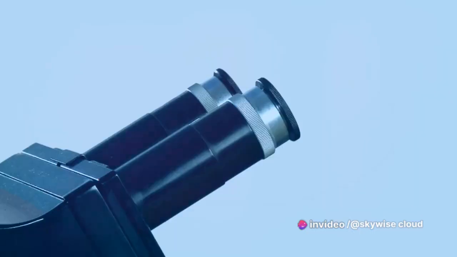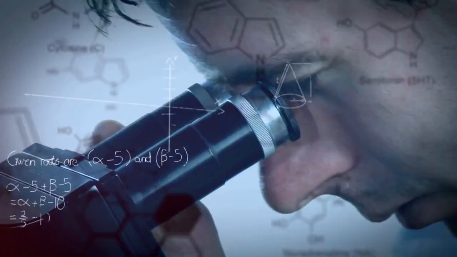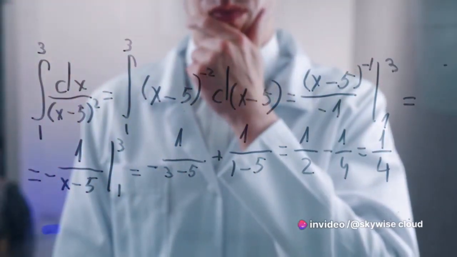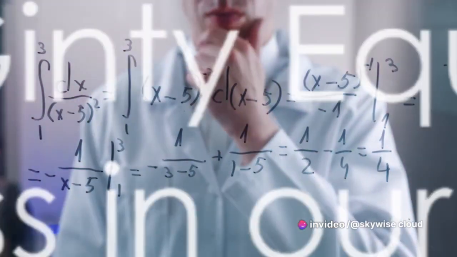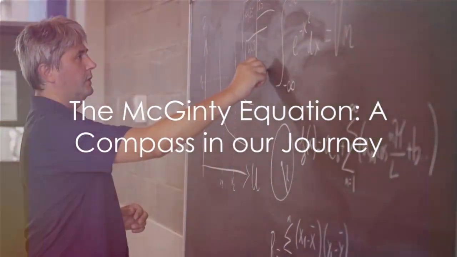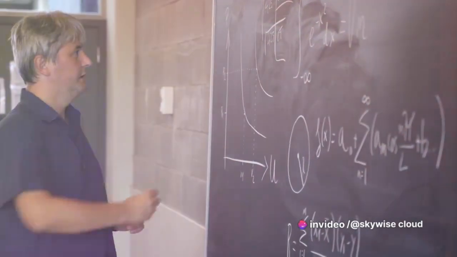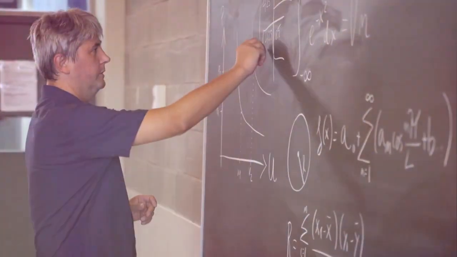But how do we navigate this uncharted territory? How do we quantify life and aging? And how can we possibly extend something we're only just beginning to understand? Enter the McGinty Equation. This mathematical construct serves as a compass in our journey, a guide to understanding the mechanics